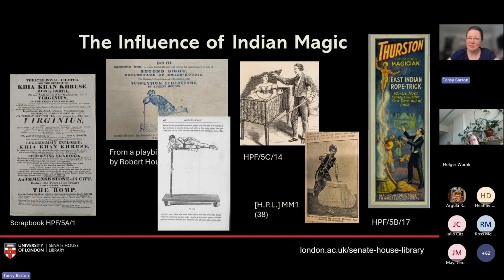But then moving on to tricks which were actually taken into Western repertoires, particularly in the later part of the 19th century. One of the biggest influences on this was the man known as the father of modern magic in the West, Robert Houdin, who was a French magician. And you can see here a playbill, and the detail features an image of his suspension ethereal. And this was a version of a very common Indian trick where the performer appears to float supported by a very slender pole or other support.